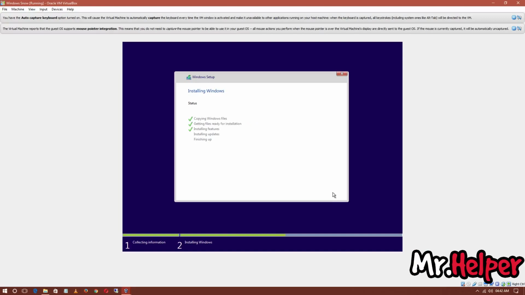So this is almost done. Now it's going to restart this virtual machine. It will take about 1.5 minutes. Let's see. So it's now restarting the computer, this operating system.